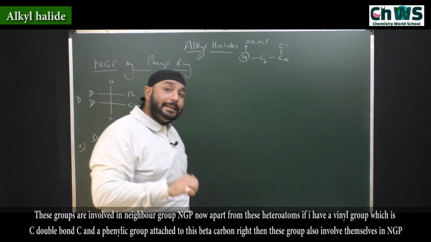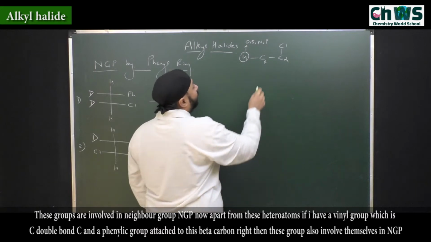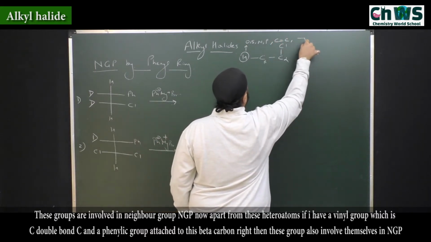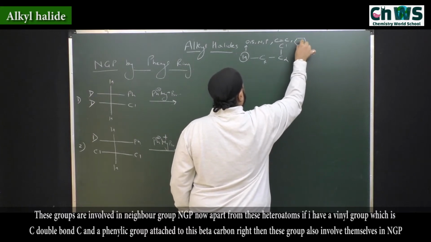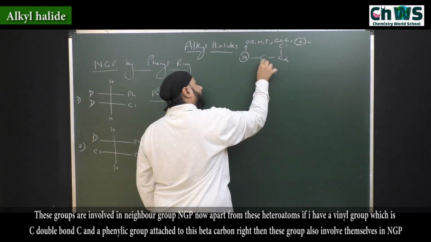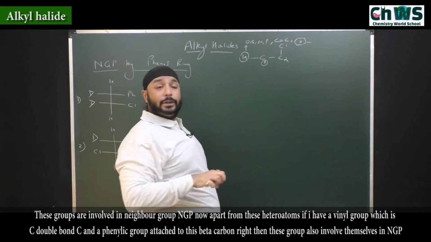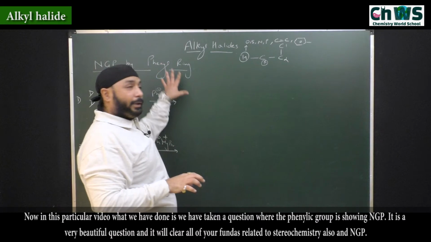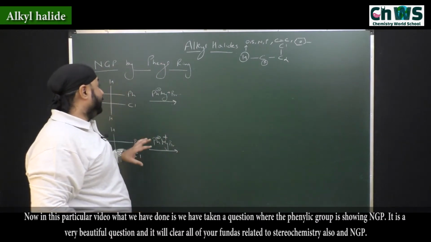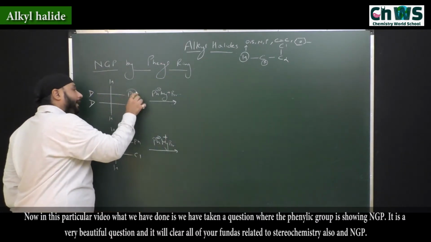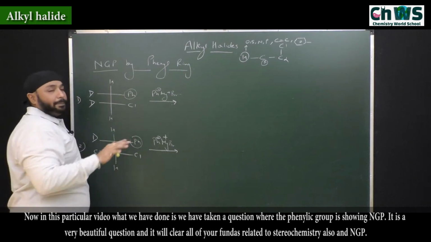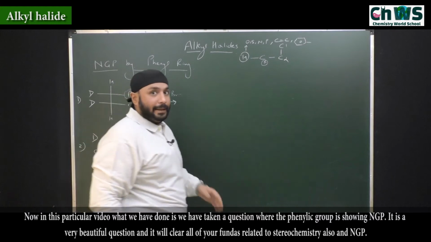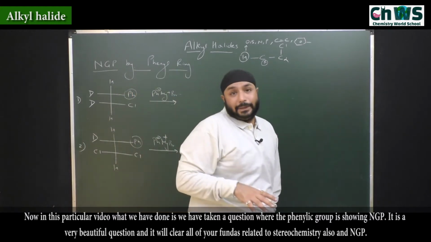Now apart from these heteroatoms, if I have a vinyl group, that is C double bond C, and a phenyl group attached to this beta carbon, right, then these groups also involve themselves in NGP. Now in this particular video what we have done, we have taken a question where the phenyl group is showing NGP, right? It's a very beautiful question and it will clear all of your fundas related to stereochemistry also and